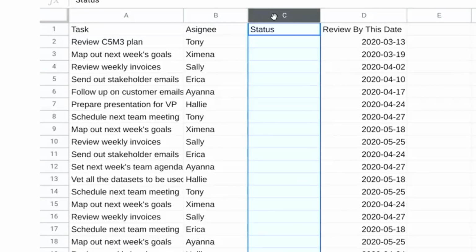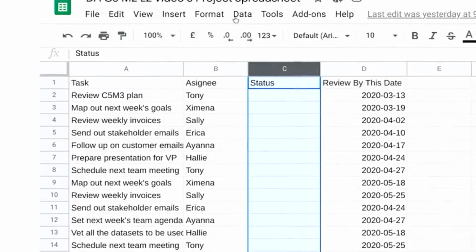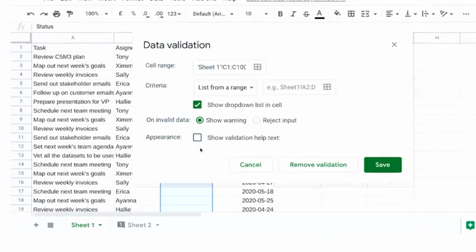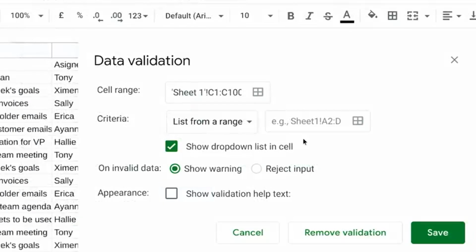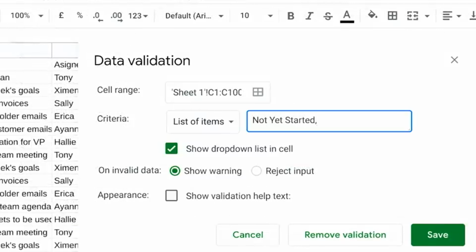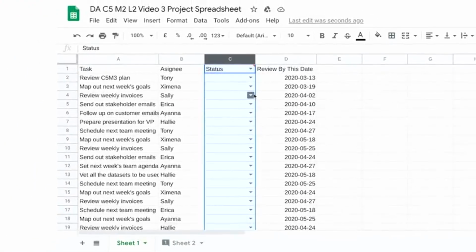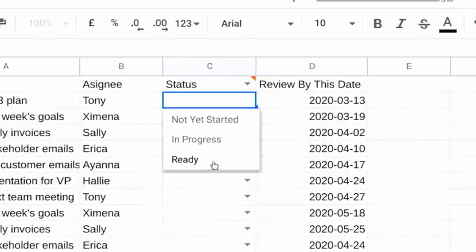Then we'll go to the Data pull-down menu here at the top and click Data Validation. This brings up a pop-up menu with options for data validation. In this case, we know that we want to add a list of items for other users to choose from. So we'll select the List of Items option and the possible criteria and type in the selections we want to create. Then hit Save, and now all of those cells have drop-down menus that we can use to easily mark